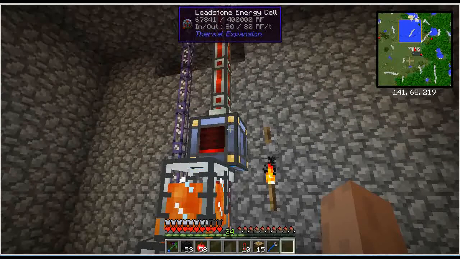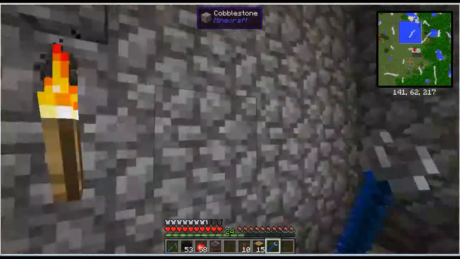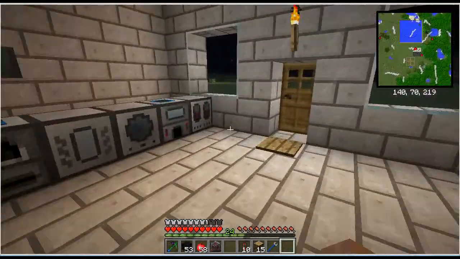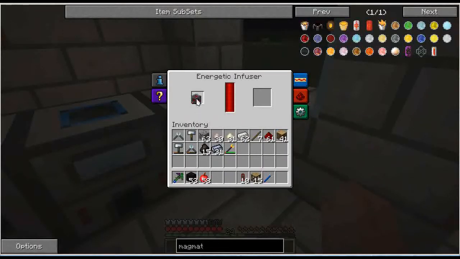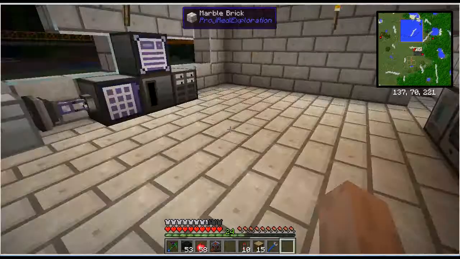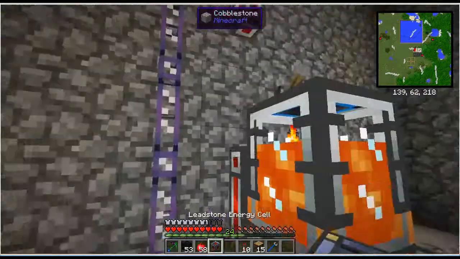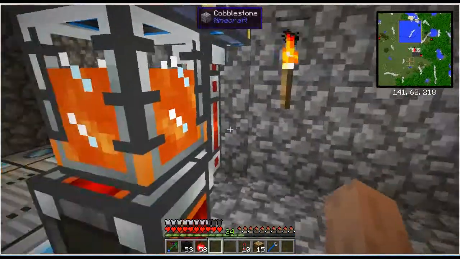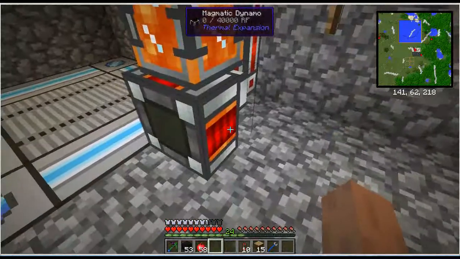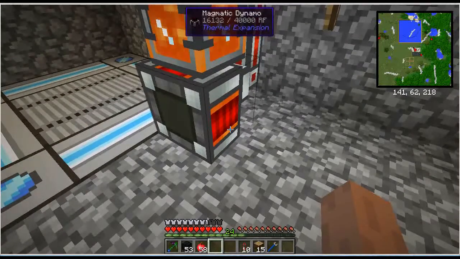Now, the other thing we could have done is take this Ledstone cell and go upstairs to our energetic infuser, and yes, we can charge the Ledstone energy cell in the energetic infuser. So that actually is probably a superior solution to just using the magmatic dynamo. But I did want to show you the magmatic dynamo so that you can see just another engine, another thing from Thermal Expansion,